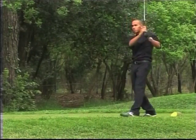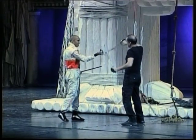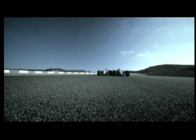Absolutely, very fit. Probably fitter than I've been all season, and more relaxed than I've been all season. Definitely extremely encouraging when you go into a race knowing that you're fitter, or probably the fittest driver there. That's got to be the aim. It puts your mind at ease and it gives you room to then just think out the whole